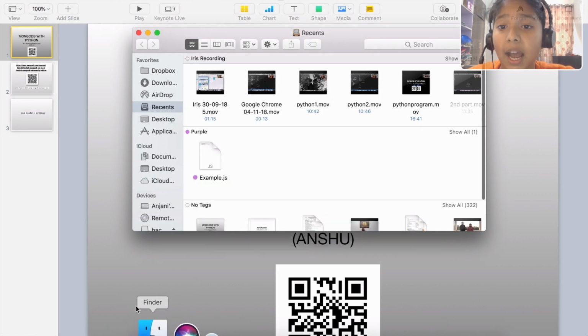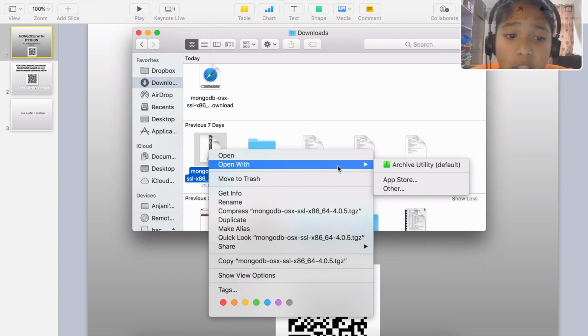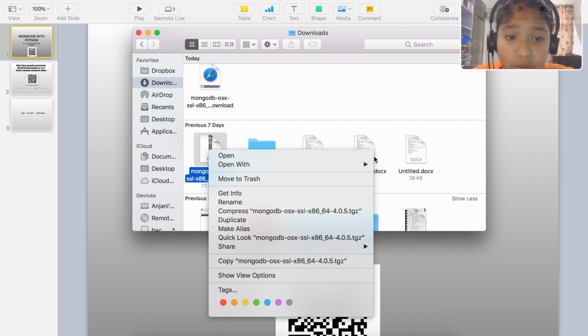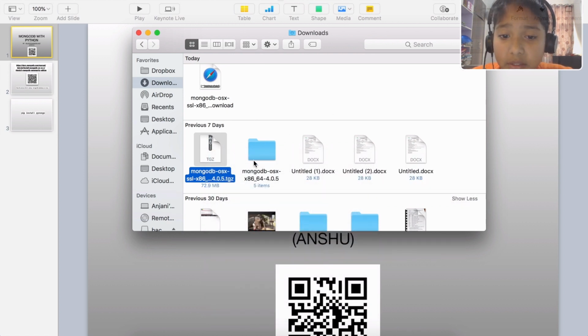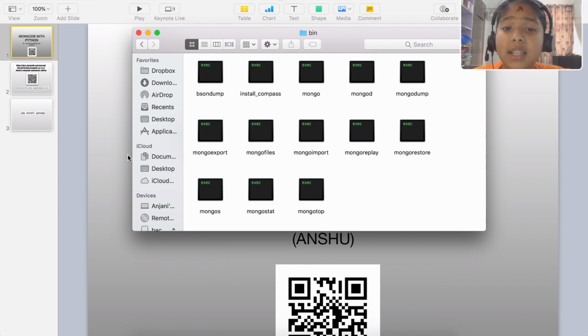After that you just have to go in your Finder and go in your Downloads. You will see something when it's downloaded. You will get an archive, and you just have to click this, open with Archive Utility. You will get an extract of it like this one. Then you just have to click this and go in bin, and you can see lots of extracts inside this. You just have to copy this